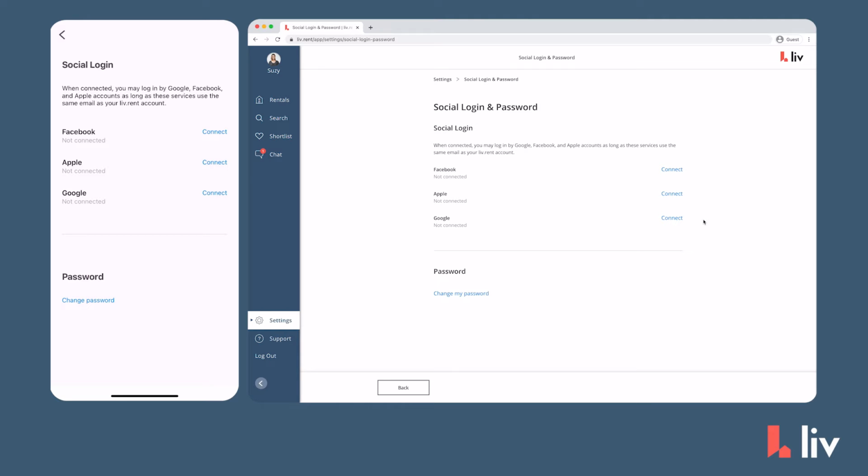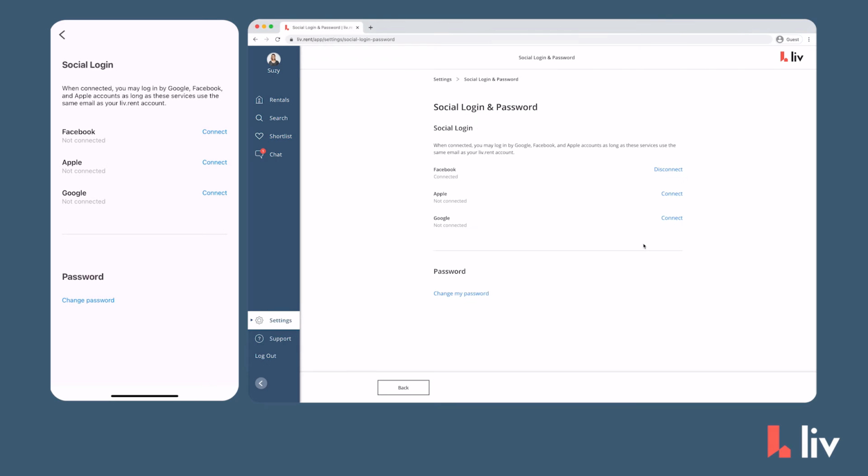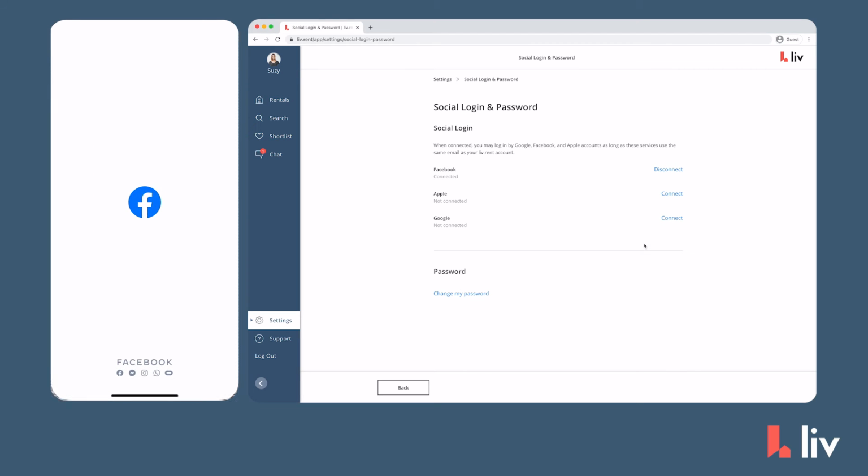Now let's walk through each social account. Starting off with Facebook, once you hit Connect, a pop-up will open, directing you to log in. Press Continue, and it's that easy. If you're on the app, it will prompt you to open the Facebook app where you follow the steps and